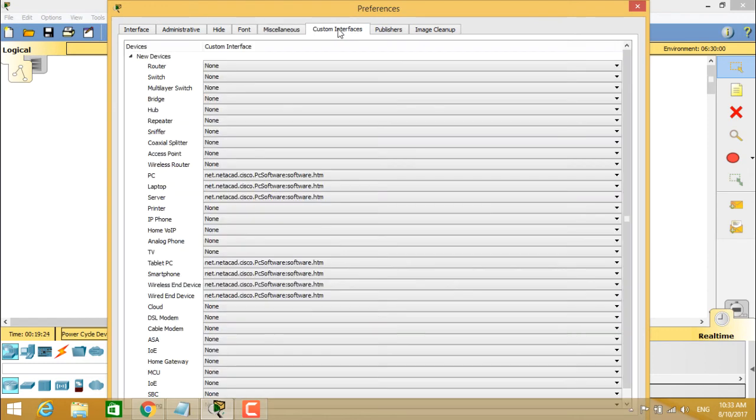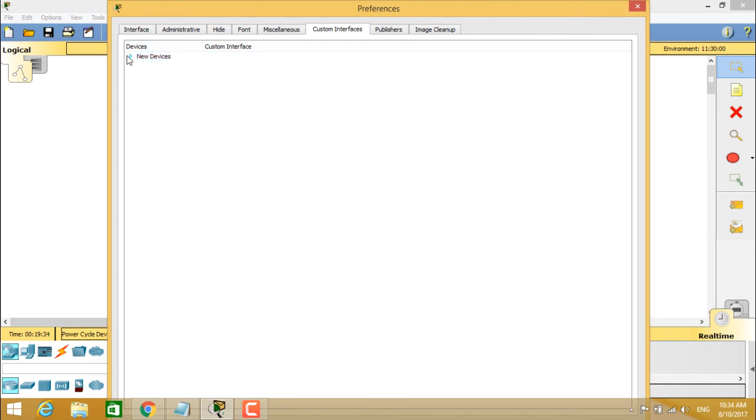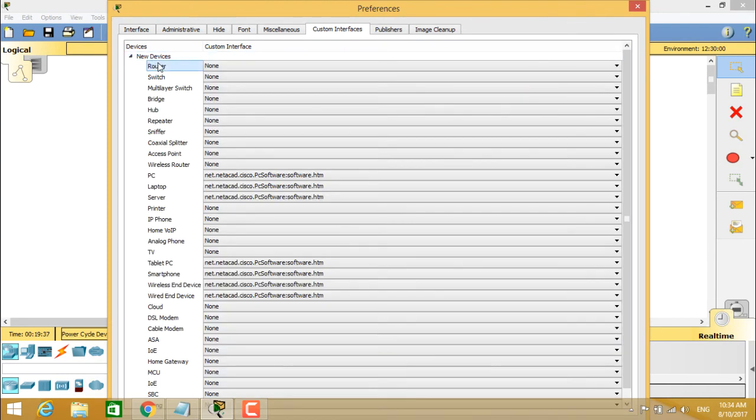Coming to the custom interface tab, you can see all the details here about the custom interfaces. You can see device and you can see custom interface. Devices, you see the new devices here. The new devices are router, nothing is selected, switch, nothing is selected, multi-layer switch, bridge, hub, nothing is selected, till wireless router. Coming to the PC, it is selected as NetAcad Cisco Packet Tracer Software .htm, and also laptop and